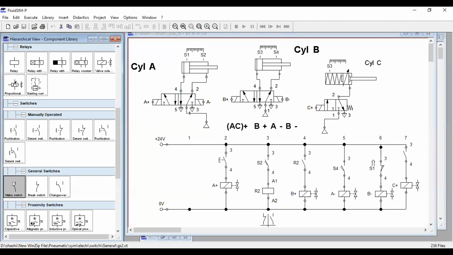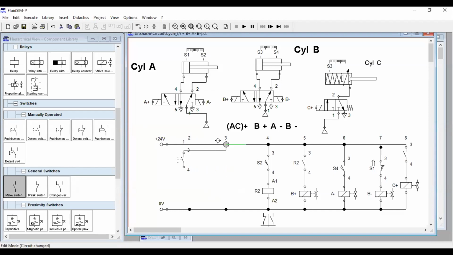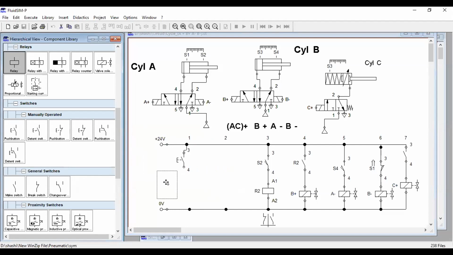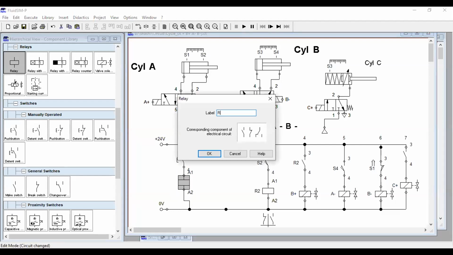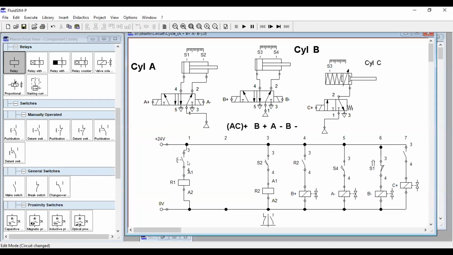So we'll use a relay. Here, connect this relay. Name this relay R1. Then make a make switch.